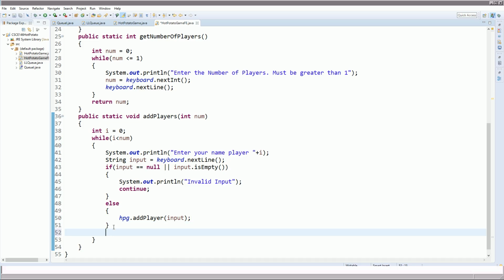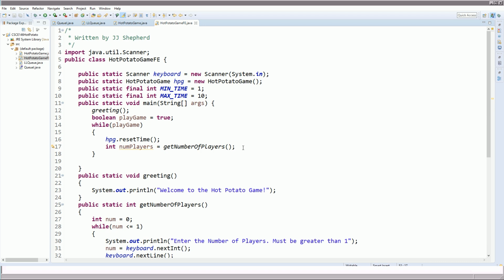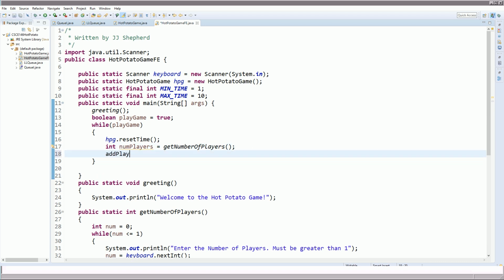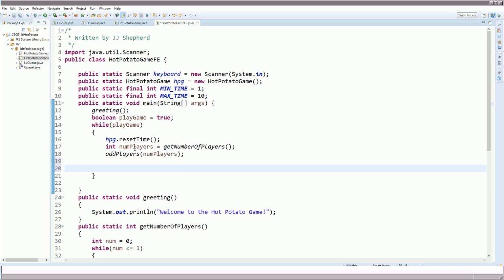And then outside of that else, we're going to do i++. Now we can enter the player's name, which is going to add this to our queue. Scrolling back up, we're now going to add players with the numPlayers that was provided there. Now, once we have randomly picked this time and we've added all of our players, we can now begin the